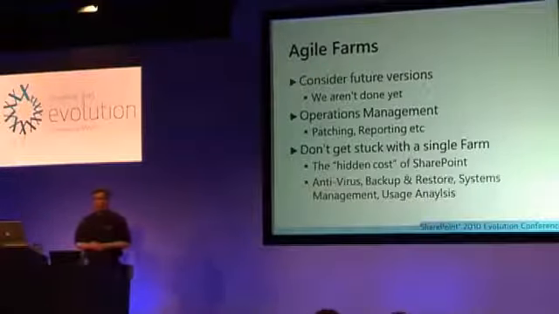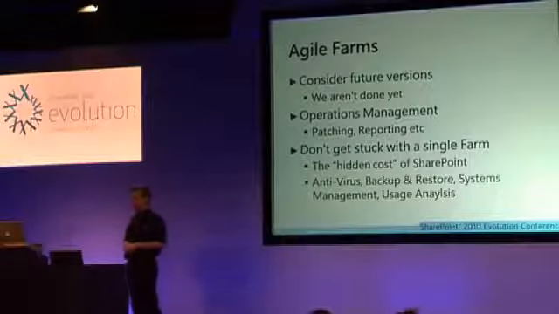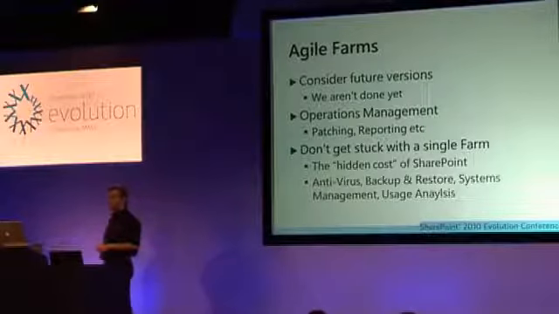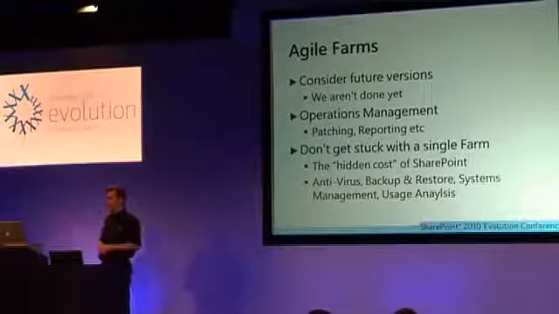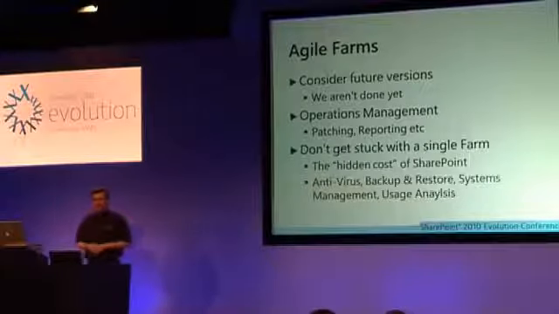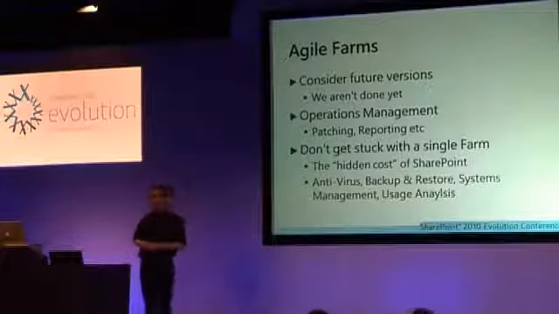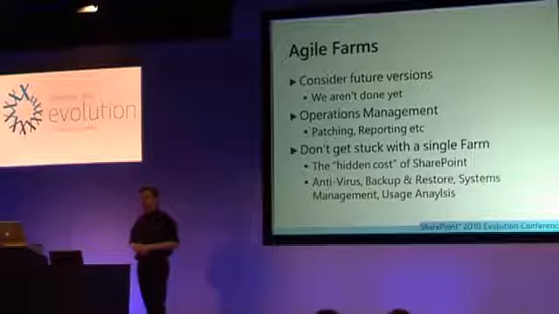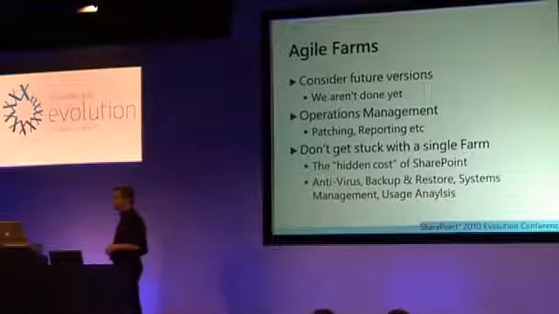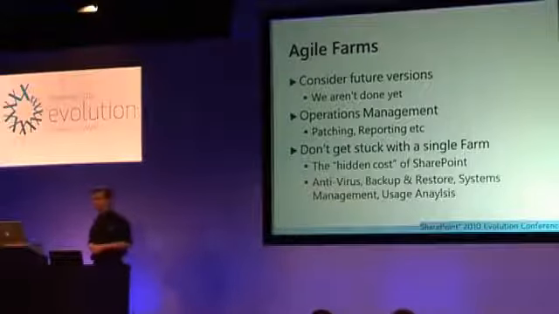It's often kind of stuck on the end of a project. How are we going to patch it? Can we patch it quickly? Can we avoid downtime? How do we report on usage and adoption? It's all very well to say we need to change the farm because performance is slow, let's add another couple of machines in. But you need metrics to determine that decision. Now, if you're going to spend money on an extra license, which is not an insignificant cost, you need to be making sure that you're doing the right thing there. And so you need the metrics to justify that.